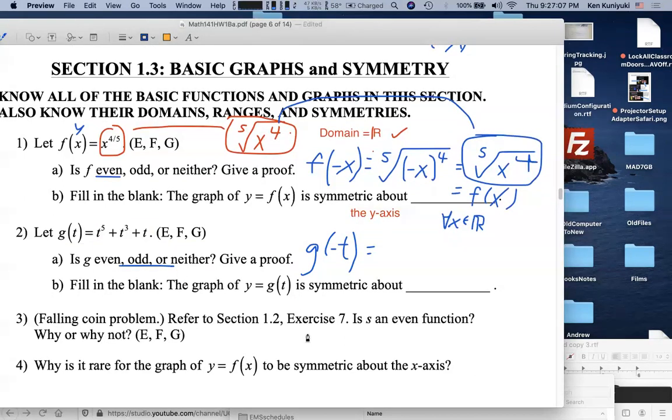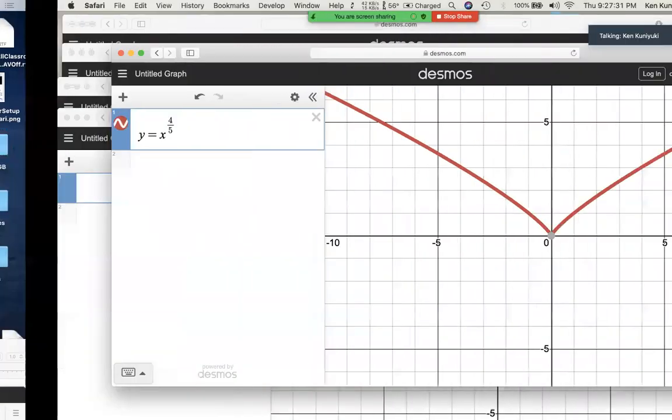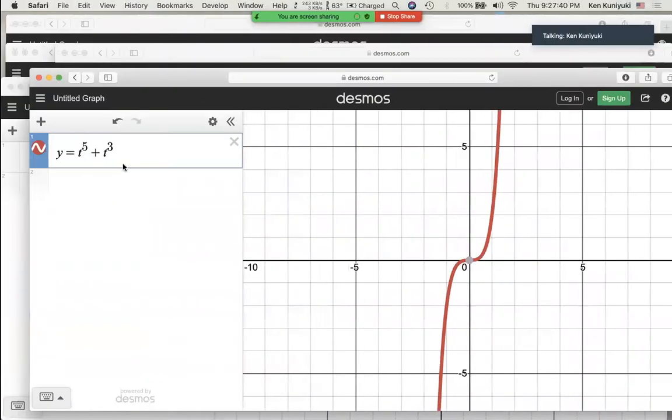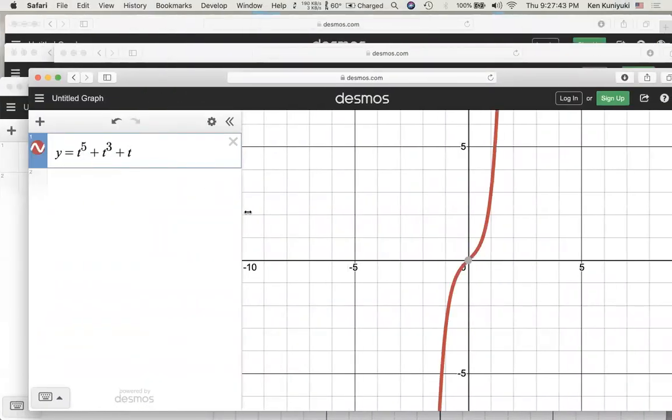Now, if you have y as a function of t, so t replaces x here, the graph of an odd function is symmetric about what point? It's still the origin, 0, 0. I don't care if it's t. There's no shift, in the sense that it's got to go to the origin. Yeah, let's draw them. Desmos is a great tool. t to the 5th plus t to the 3rd plus t. Okay, it's apparently odd, right? The graph is symmetric about the origin,